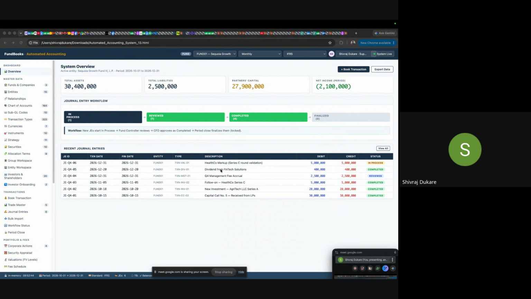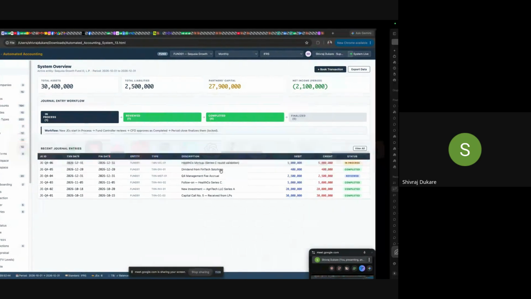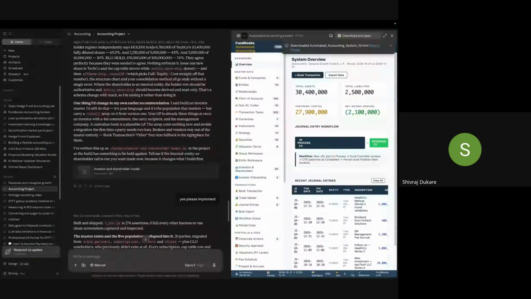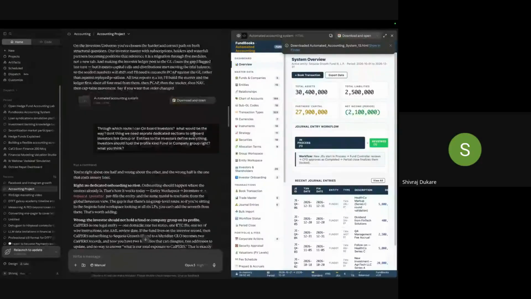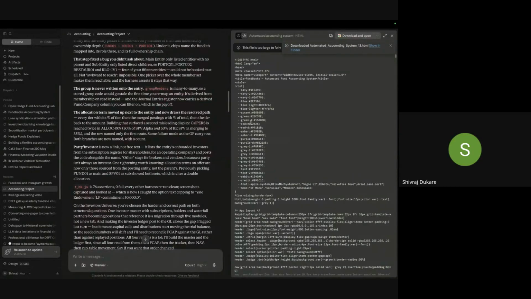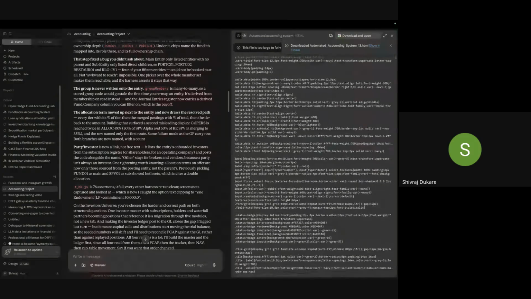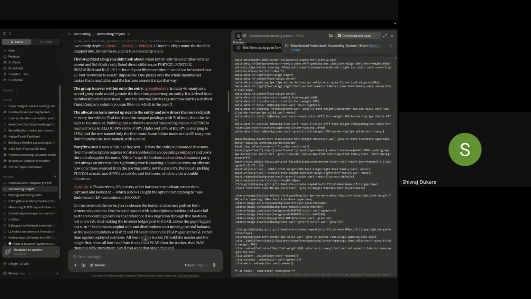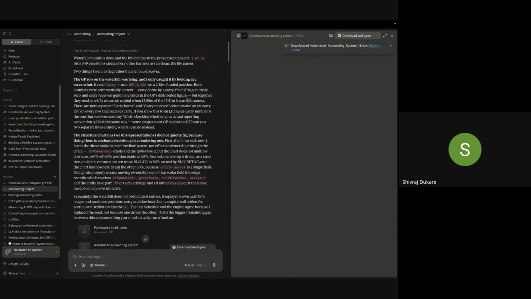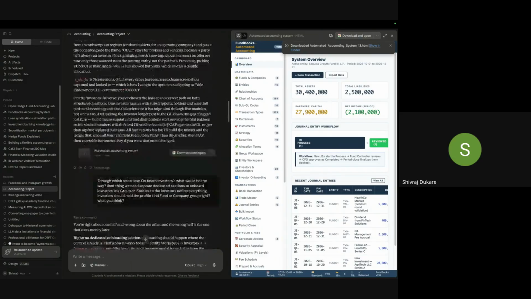Now, if I say I spent 15 days on the system to build a full-fledged accounting application, will you believe it? I'm sure no, but I have. Still, my chat is open. If I go here, if you look at this, my chat is open. Every day I spend time, and AI handles even the code and everything. Look at this. From the color code to everything, all the logic AI handles. Every day I just spend 2 to 3 hours on research, and then continuously